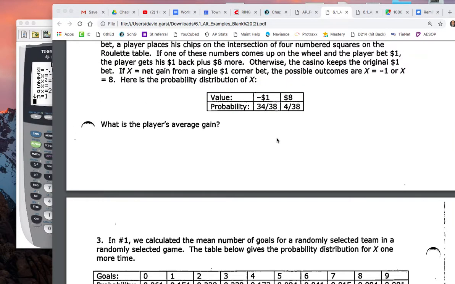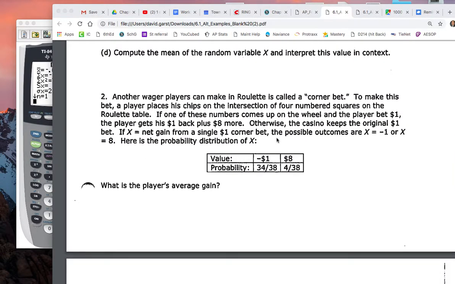Okay, so now we're going to look at examples 2 and 3 on the alternative examples. Why don't you read number 2, press pause right now, read number 2, and when you're done, press play. Now that you've looked at number 2, a corner bet in roulette is where you place a chip down and